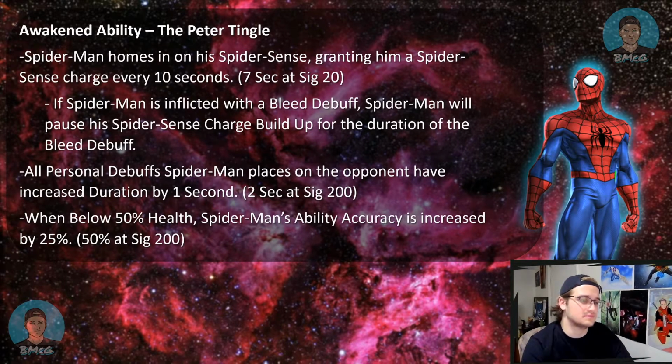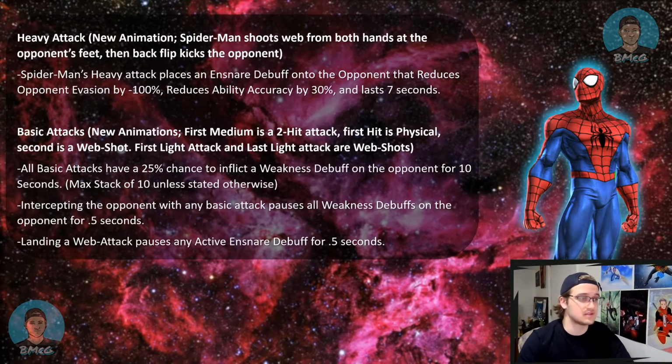But yeah, there's ways around Spider-Man's evade now to where it's not needed for a True Strike character, but they still work. So next up, we've got the heavy attack animation, and this is, I would hope, a new animation. He shoots web from both hands at the opponent's feet, then backflip kicks the opponent. And Spider-Man's heavy attack will place an ensnare debuff on the opponent that reduces opponent evasion and reduces ability accuracy